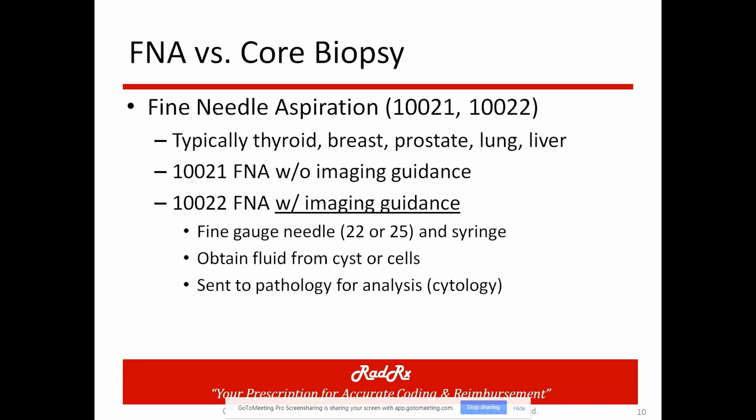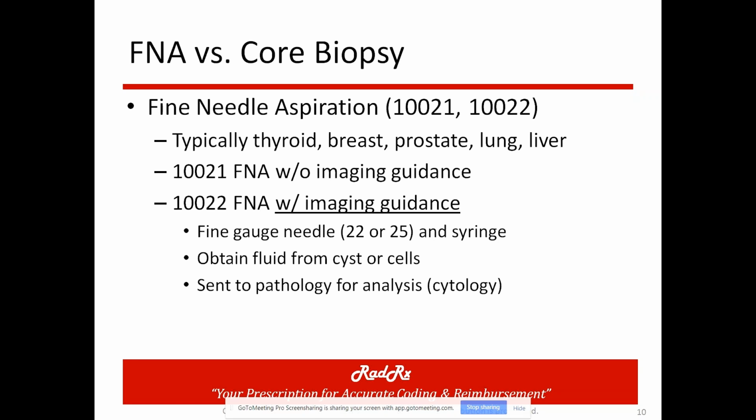So with the FNA, most commonly you'll see the fine needle aspiration done for a thyroid, a breast, the prostate, the lung, or the liver. Those are some of the more common, with thyroid being the most common. Of course, you can do core biopsies of all those, so that's why it's important to pay attention to the